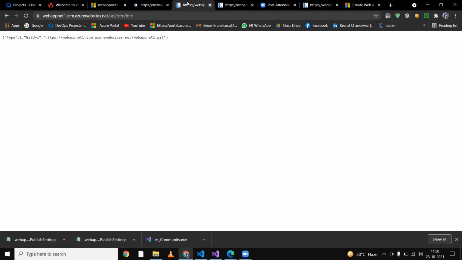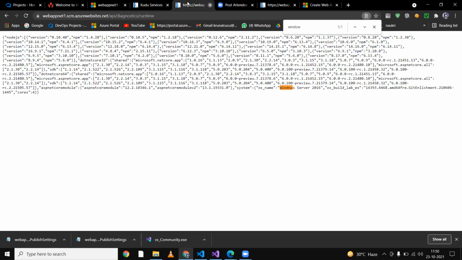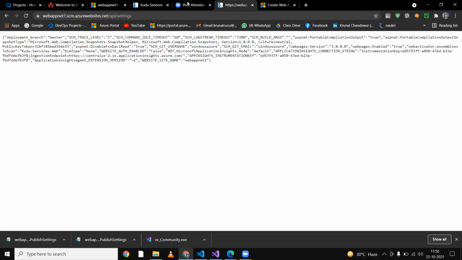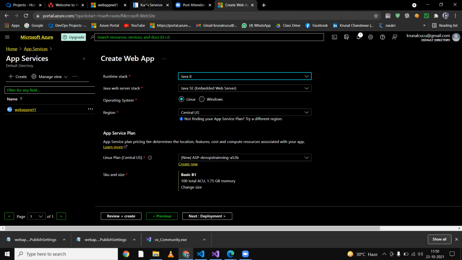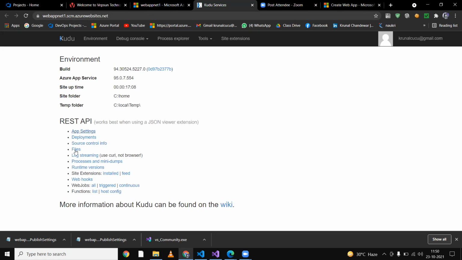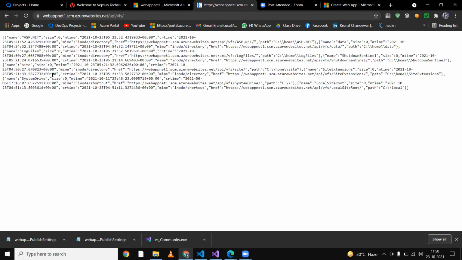So I am canceling this one also, this one, and this one also, and as a source code files. Okay, if there are file details, you can get the file details here. Okay, means what is the location and what is the path, everything is listed here in C colon.